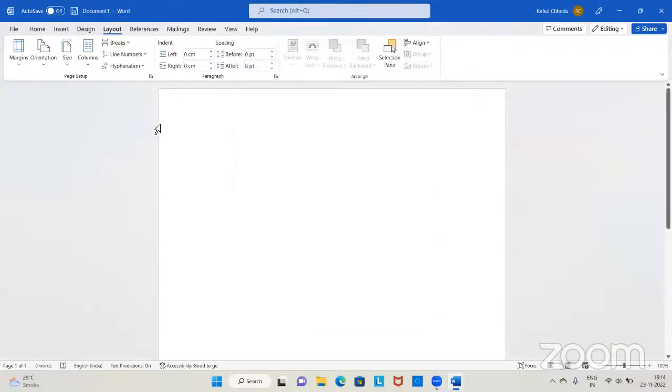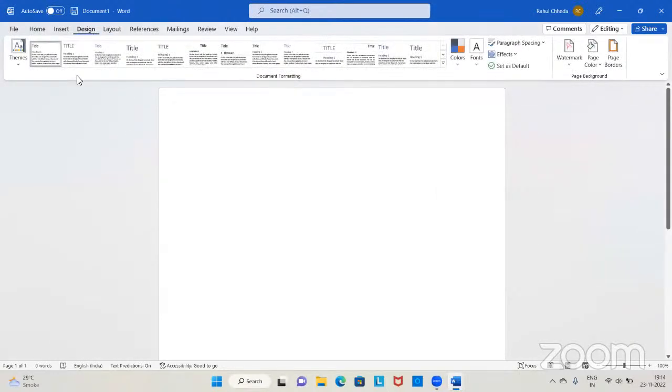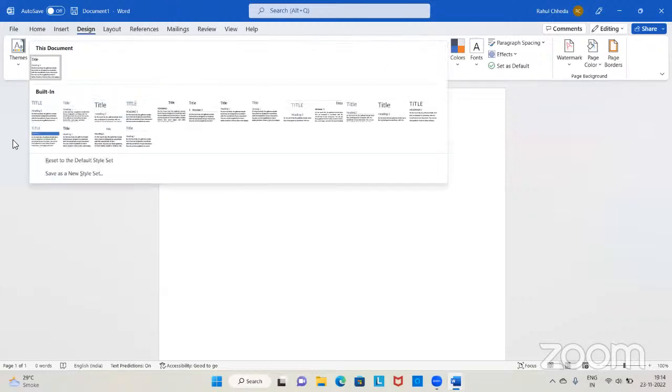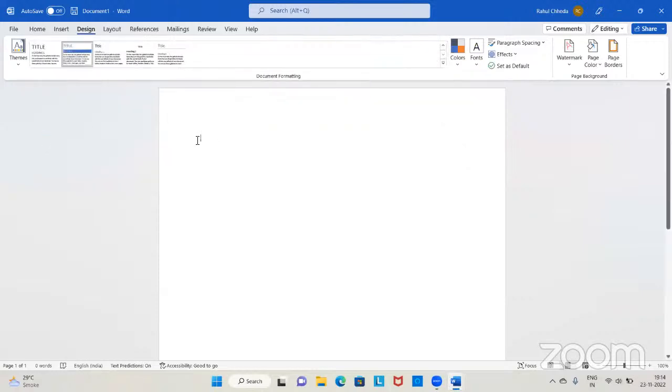Then we come to the design part here. In the design, you have document formatting options. There are ready-made document formats you can choose. These are all ready formats. So whichever formats you want to use, you can utilize these formats. If you select any of the formats, it gets applied. So as you start typing,